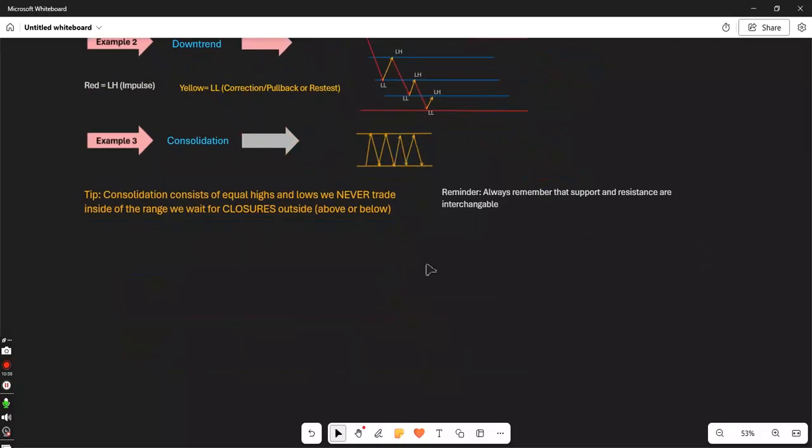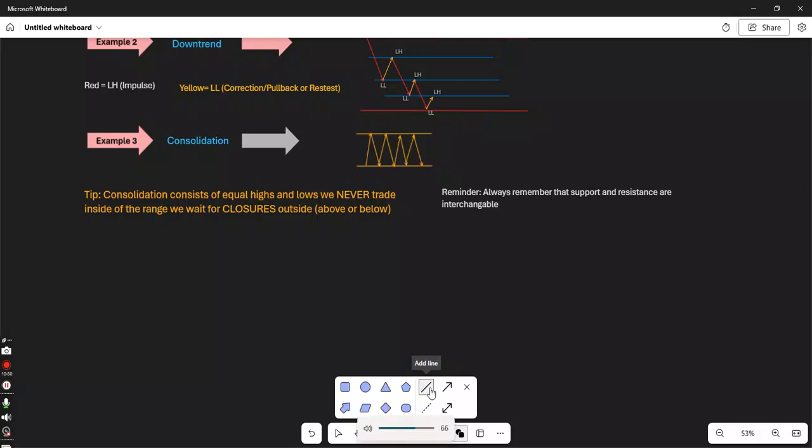So the general rule of thumb is that when you see consolidation, a lot of day traders will tell you to avoid it at all costs, right? Because consolidation doesn't come with,